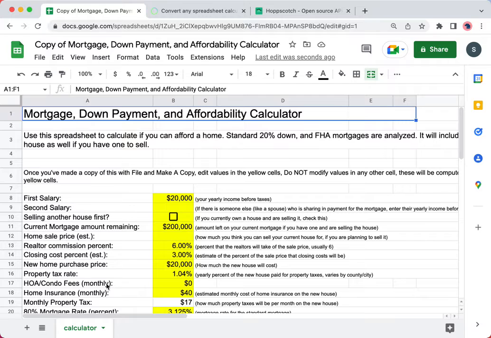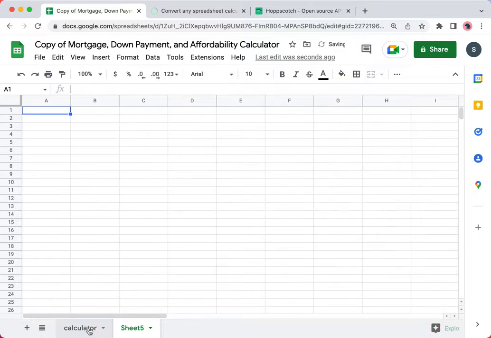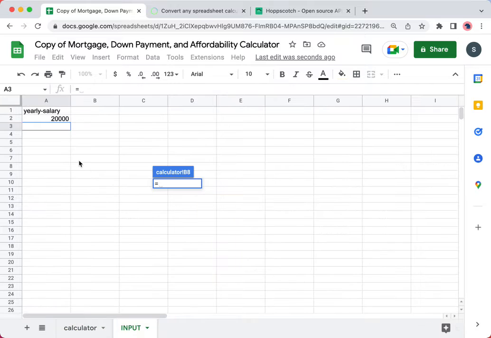We want to define some input, and the input is the salary here, and we open a new sheet, name it input, and then we say yearly salary. We give it a name. It's up to us what we want to call it, and we just give it a value to begin with. Now, in order for that value to get into the spreadsheet, we then set it equal to the input value